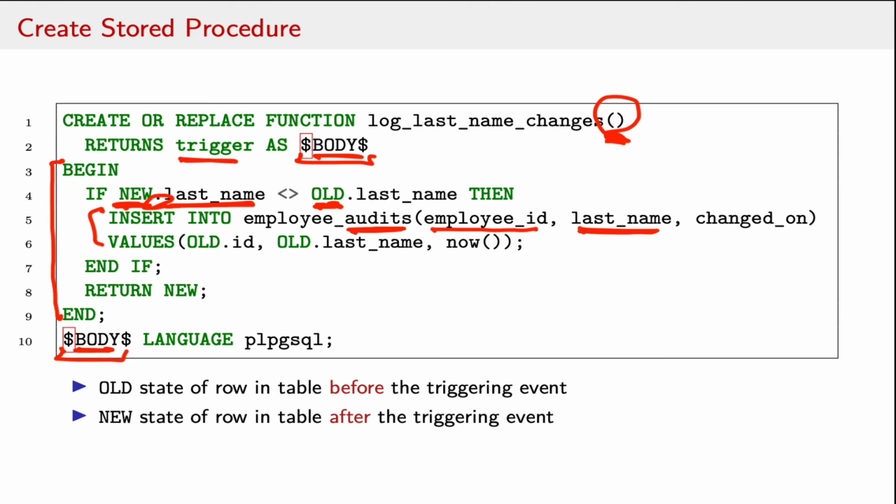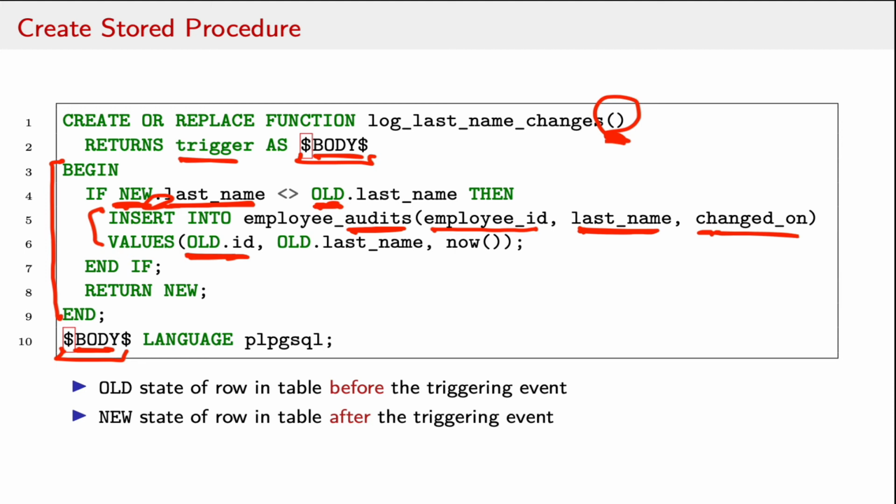The employee table itself will keep track of what it is, and then the date that it was changed on. And the values that we're going to put in there are the old ID. Now in this case, because we are unlikely to make a change to the employee's ID, I'm just choosing arbitrarily between the new value and the old value. Now, there would be pathological cases where that might not be valid, but in this case, it doesn't really matter whether we choose the new value or the old value on the assumption that the ID doesn't change for a